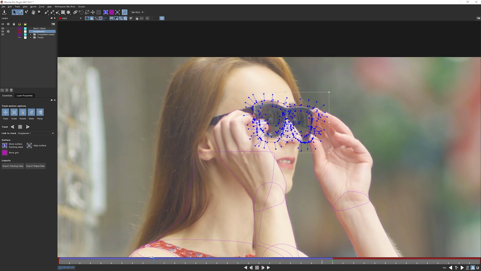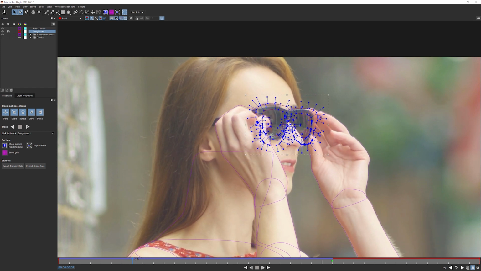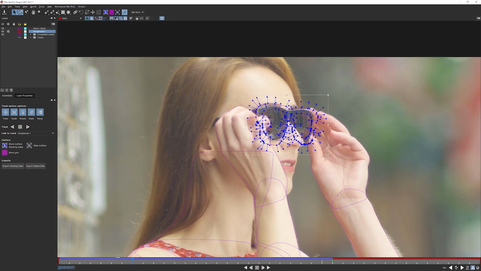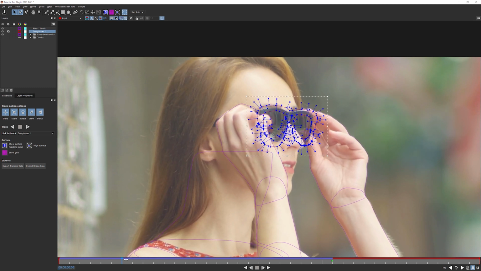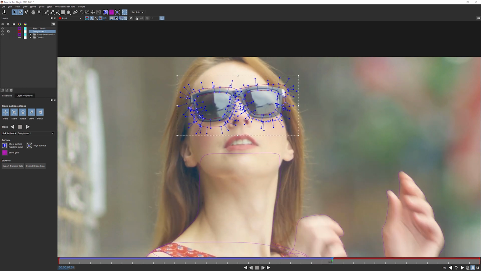Now Mocha's very clever, but it doesn't know that this is a hand yet. What it's looking at is the texture within the shape that we've defined. Is this an extraneous object, or is this just part of how the shape is now moving? It's not a big pop that we get as it goes in. It actually looks pretty good, but it might be enough to sort of throw it off enough that we have to make corrections for it.